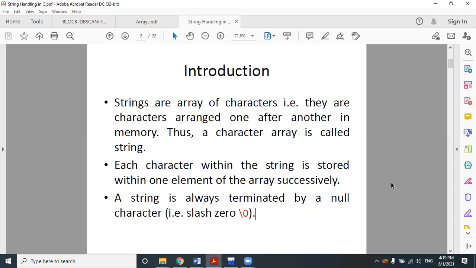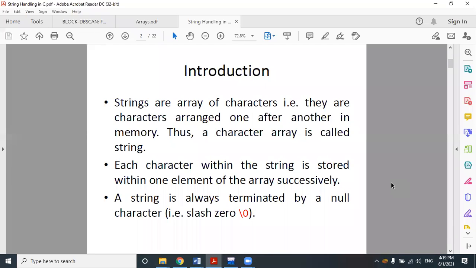You can use it explicitly in your program to represent the end of a string. Or if you forget to use it, don't worry, because the C compiler will automatically place this backslash zero at the end of the string.